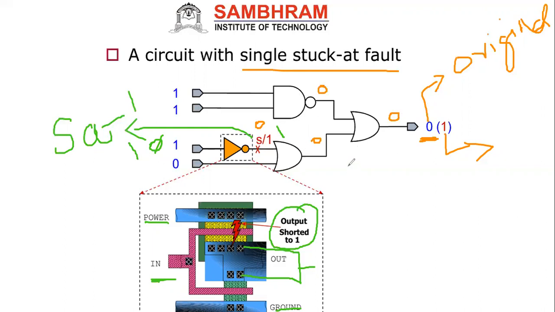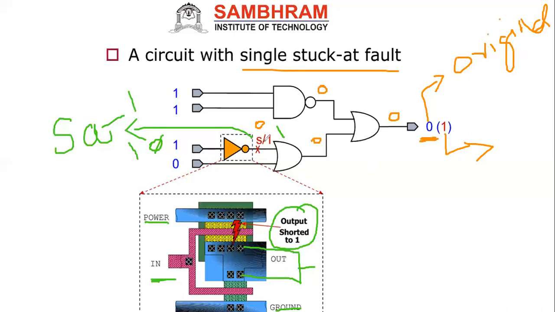Or we can make it stuck at 0 also here. If I make it stuck at 0, we have to check whether it is permanently connected to ground, this portion. Connecting to ground, then you can check. So everything is based on us. But there is some basic concept there. For basic gates, you make either stuck at 0 or stuck at 1. That is some constant. This is the simple way we can say.